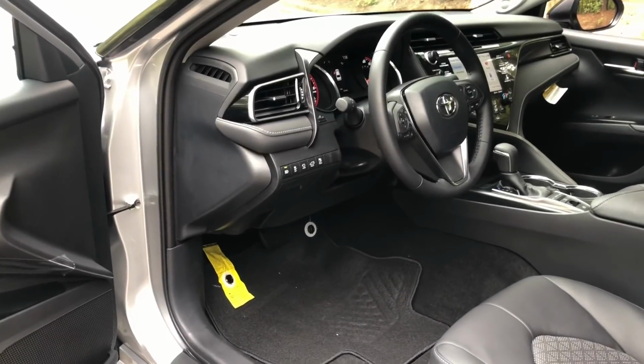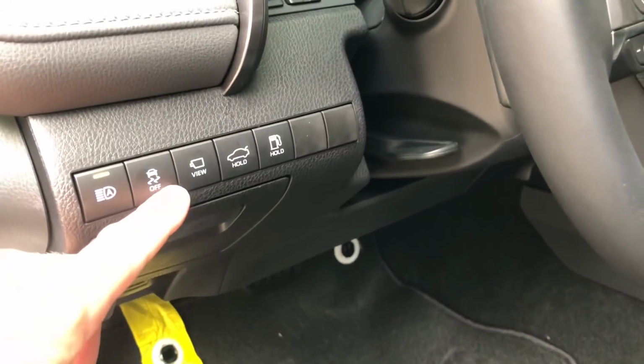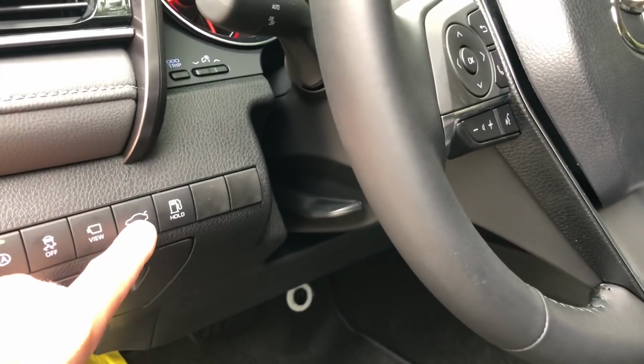Okay, so now a quick scan of some of the features and controls. Automatic high beams, this turns traction control on and off. This is the 360 view camera. This opens up the trunk and this opens up the gas release. I'm gonna show the 360 view right now. So if I push this,